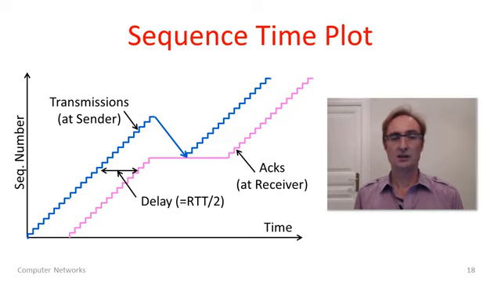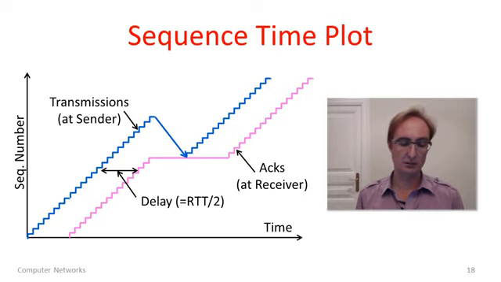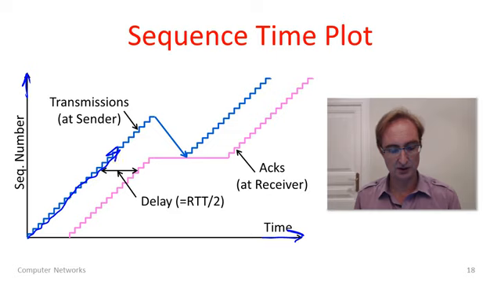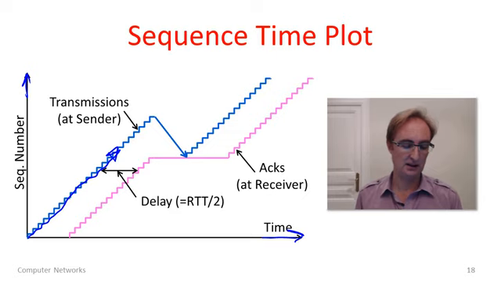And finally, just to show you a little more about how sliding windows work, we're going to look at a sequence time plot for the sliding window sequence numbers. This graph shows the evolution over time, with time on the x-axis and the sequence number on the y-axis. Now if you look at these curves, this blue curve gives you a line for the transmissions of the sender. And you can see here that the sequence numbers are going up over time. Over time, it's sending newer, more highly numbered